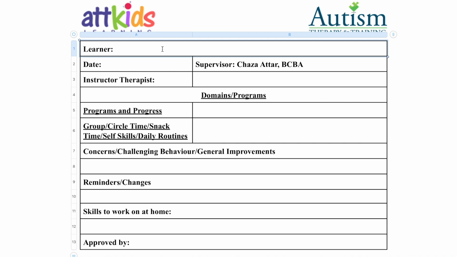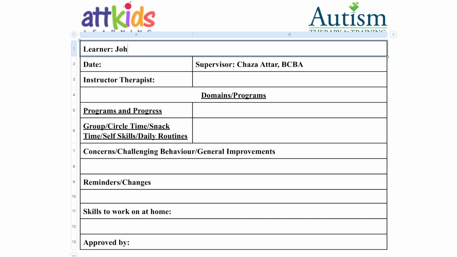The other thing is, it allows therapists to focus on certain areas and then talk about it. So I'm going to walk you guys through how we write one of these, and then you can use that for your own practice, or you can implement something like this if you could.